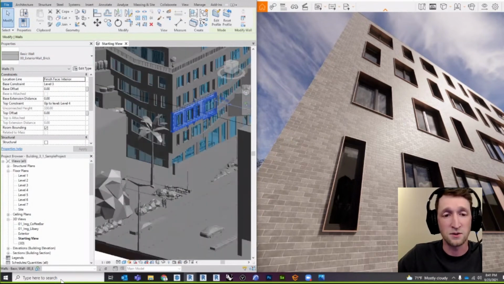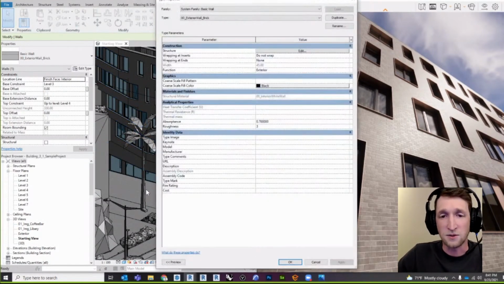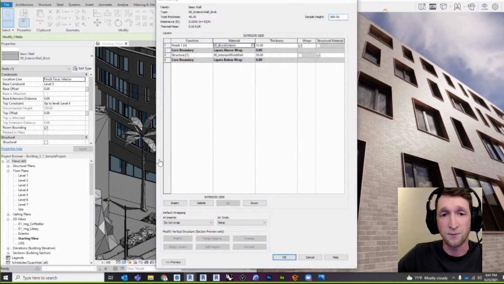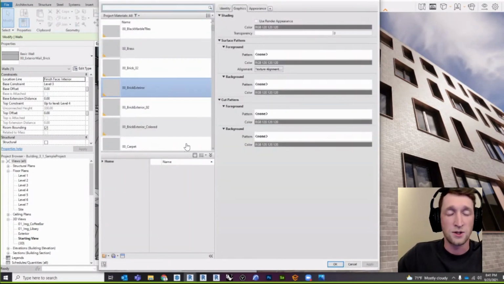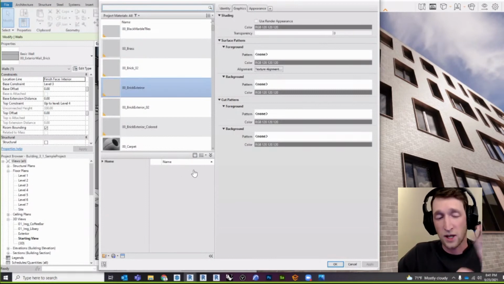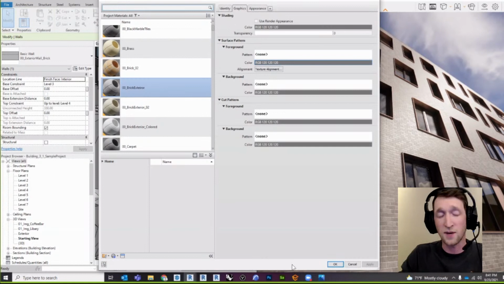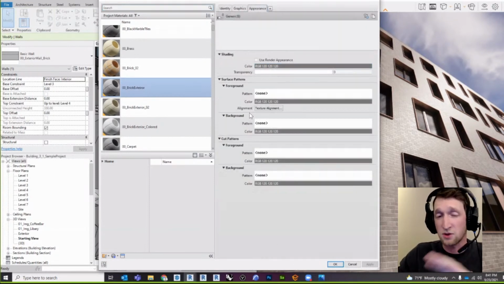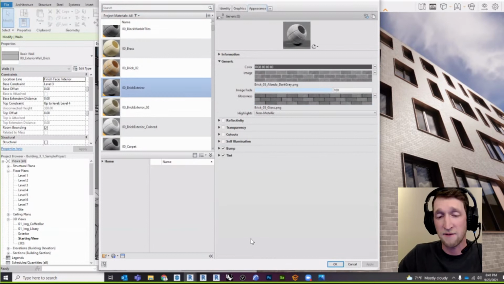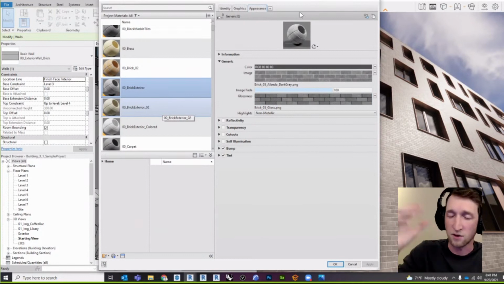If I go over to the edit type, to the material of this, say I have my material scheduling correct. I have my naming convention set up exactly how I want. Everything on the back end is working how I need it to, but I want to just make the appearance look better. And I have surface patterns set up and everything like that that I don't want to mess with. Enscape just goes off the appearance tab. So if I were to just simply assign this new material, it would overwrite the naming path. It would overwrite my surface patterns and all that stuff. But if I don't want to do that,